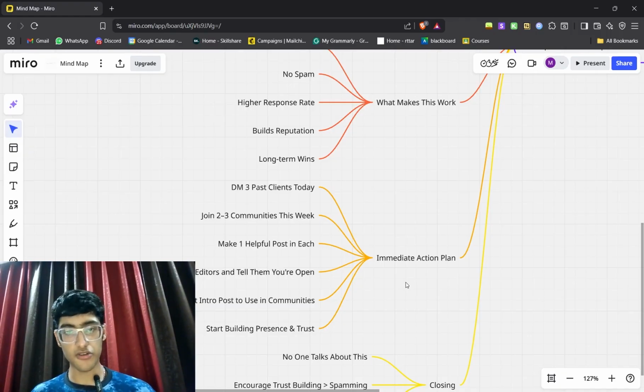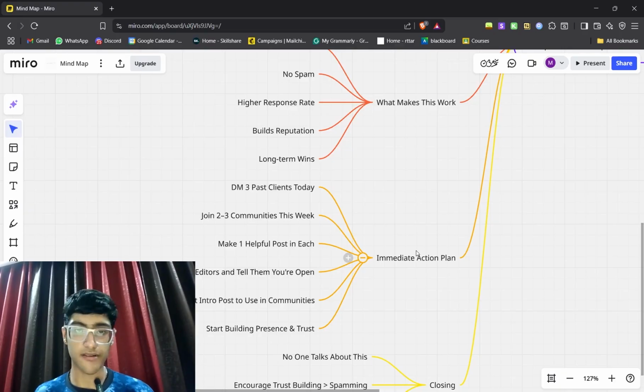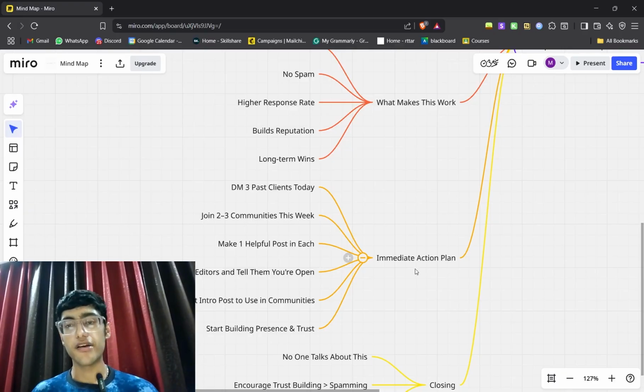And by the way, this is not gonna give you immediate results. If you implement this action plan for the next 2 months, I'm not saying you are gonna get a client in the next 2 months, though it's very unlikely you won't get one, but most likely in the next 6 months, because of these 2 months of networking, you will get a client which is very high quality, right? So what is the action plan?